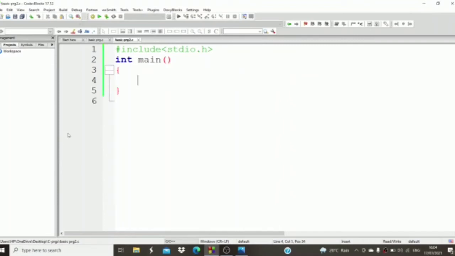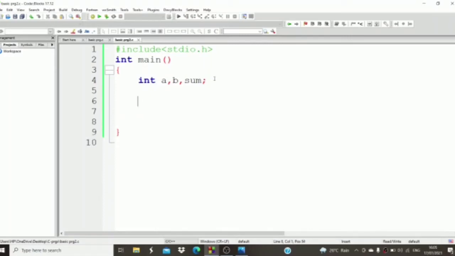If you have saved the program and you click only a single curly brace, then automatically you will get both the open and close curly braces. I will declare the variables as a, b, and sum. Now I am going to do the addition of two numbers. So this is the declaration of variables. I wrote a, b, and sum. If you want, you can take x, y, whatever you need.